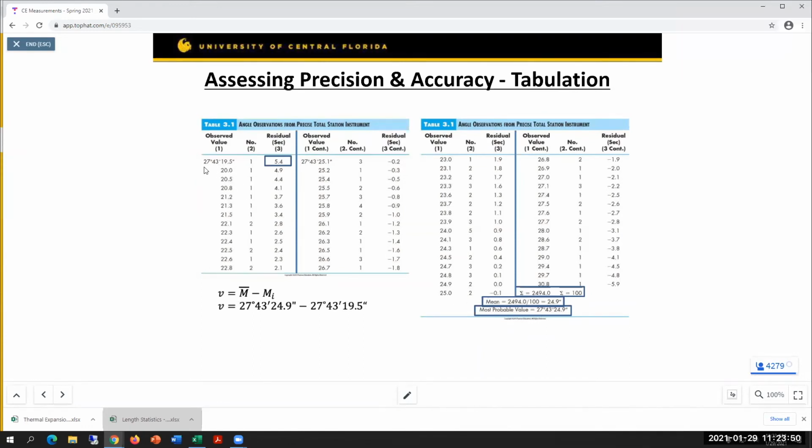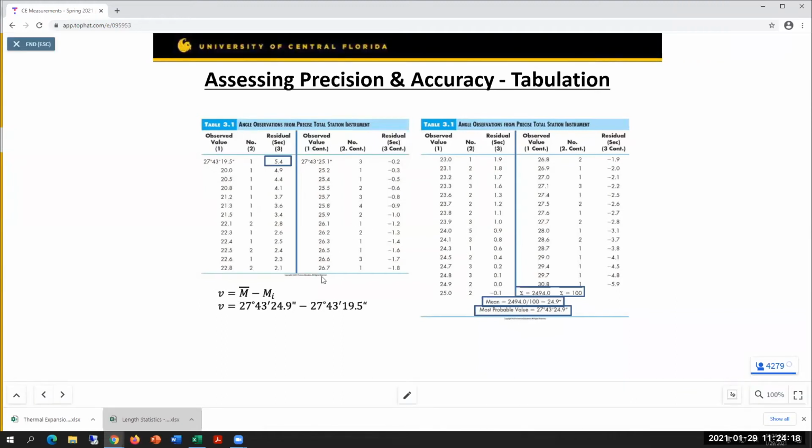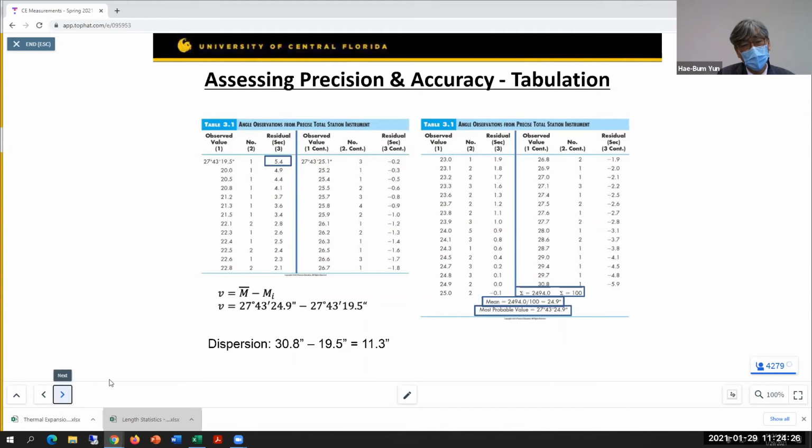Yes. So if you see the first value, do you see my cursor? Yeah. So this is 27 degrees 43 minutes, and the rest is the difference, right? So up to the minute, all the observed values are the same. Okay. So for simplicity, they just omit the first two values. Okay, then we can calculate the residual for the first one,